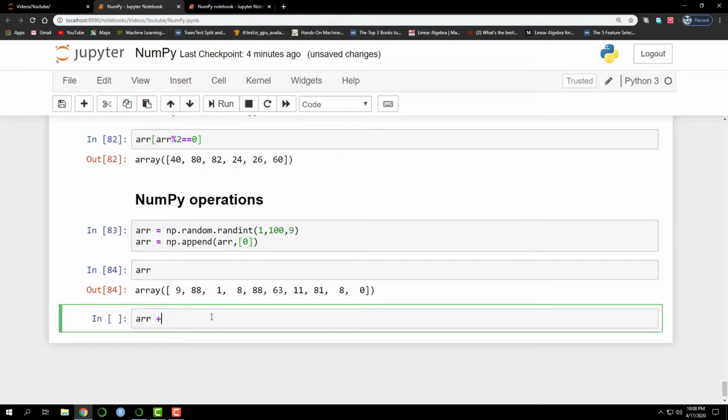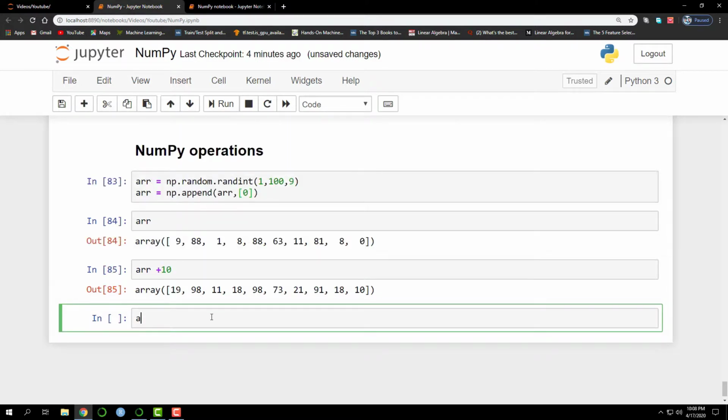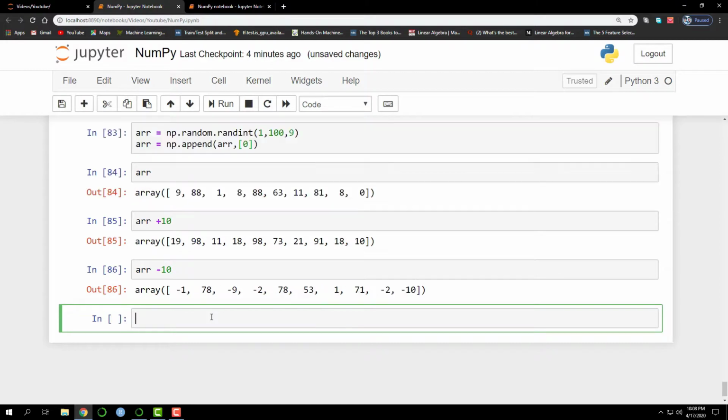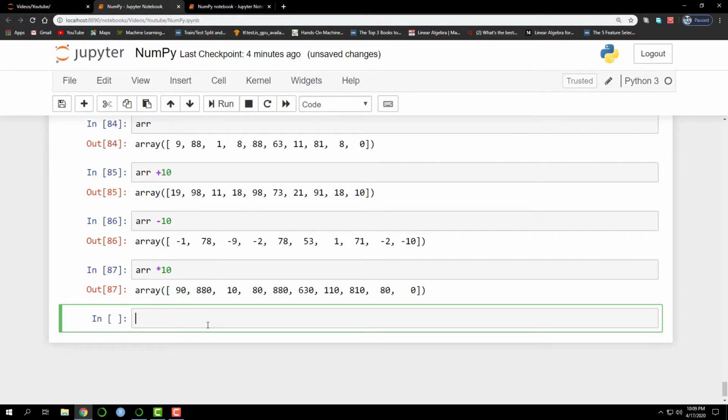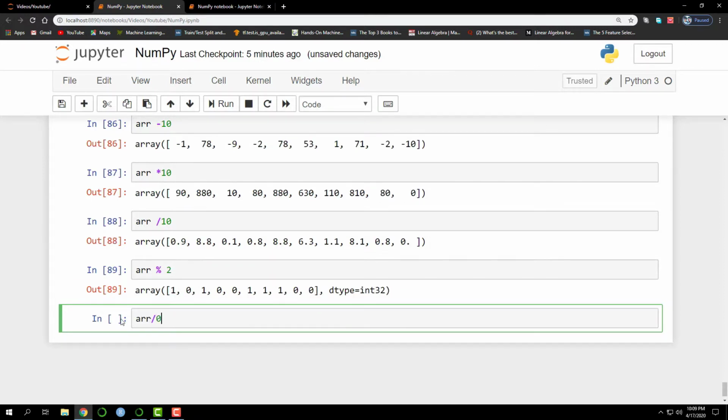Now you can do some basic arithmetic operations between this array and a scalar. For example, array plus 10, array minus 10, array multiplied with 10, array divided by 10. That is, for ARR divided by 10, each element of the array is being divided by 10. ARR plus 10 means that 10 has been added to each element. We can even find the modulo of each element of the array.